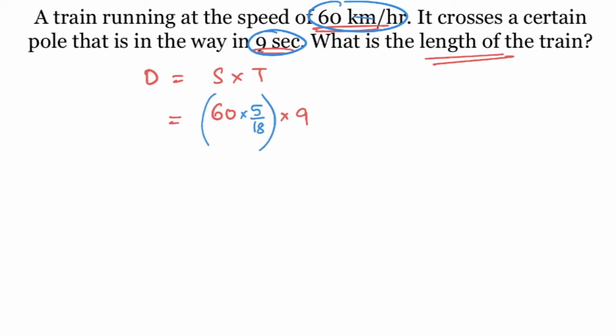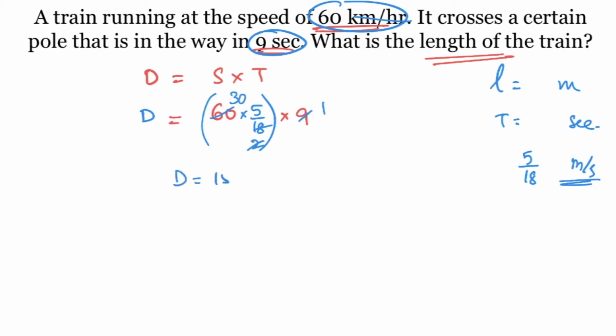Now it is not in km/h, now it is in meters per second. Speed is in meters per second and time is in seconds. So you can find distance. Not only in this problem, in general, lengths of trains are in meters only, and time taken will be in seconds or minutes only. That's why whenever speed is given, just multiply with 5 by 18 so that kilometers per hour are converted into meters per second. So moving to the problem, 60 into 5 by 18 into 9 gives 150. Distance covered is 150 meters. That is the length of the train.